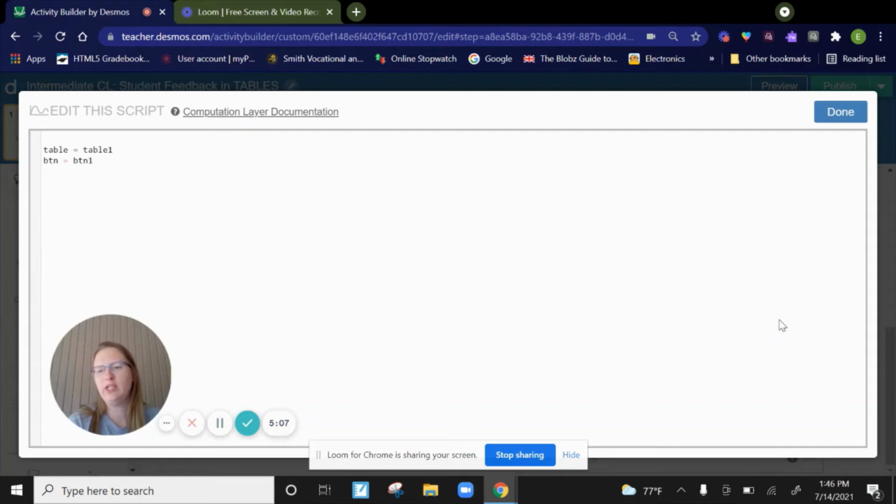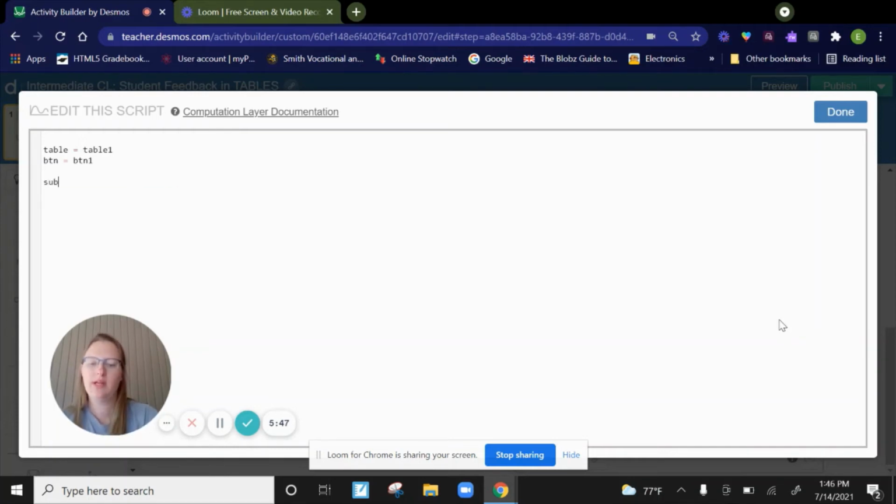And then sometimes you might need to do like graph equals graph 1 or other components as well. But that should do it for us here. And so one thing that buttons don't have is the word submitted. Math inputs have submitted as text that you can use. Buttons have like press count, and they have time since press, but they don't have something called submitted. So we're going to use the time since press, but we're going to make our own thing called submitted just to make it faster for writing code